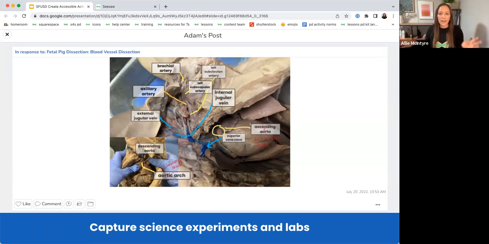Now, after cleaning up the lab, the students, in this case, took it on their iPad or their phone, uploaded this photo to the Seesaw activity, and then used the label tool to identify the different blood vessels. You see these little labels right here. Students also could have taken, like I said, that photo directly in Seesaw and then saved the activity as a draft before returning to complete it after the dissection was over.